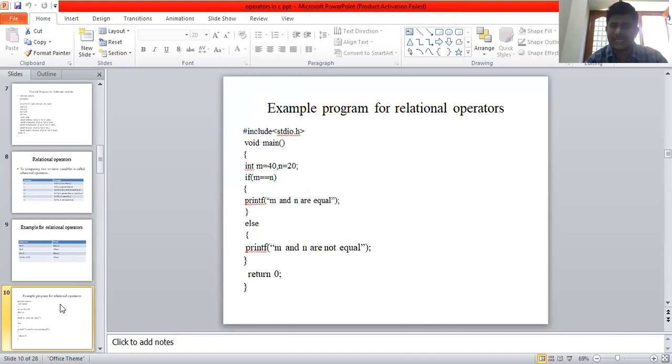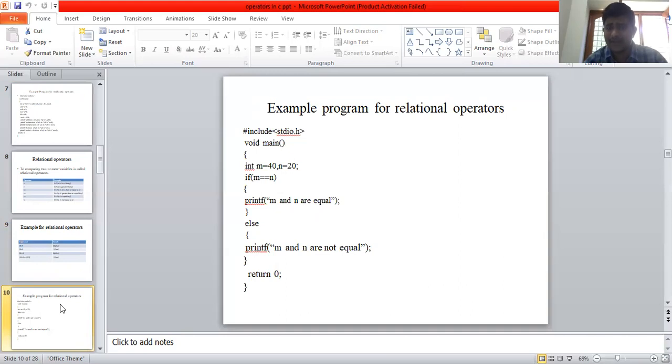The condition here is if m equal to n. If the condition is true, then execute the statements. If the condition is false, then go to the else part and exit the program.